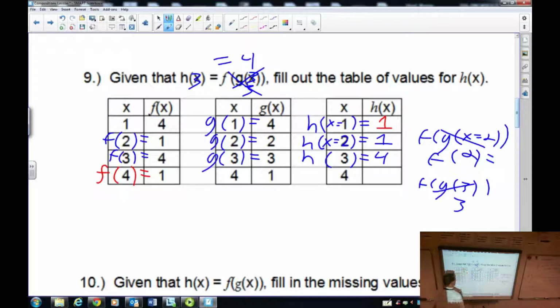Cool. So then, last but not least, I'm going to take a guess. It's probably 4, but we'll see. H of 4 is equal to f of g of 4, and g of 4 is equal to 1. Then we need f of 1, and f of 1 is equal to 4. So that means that